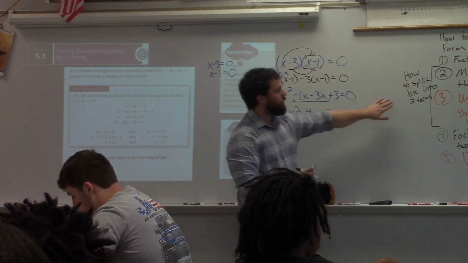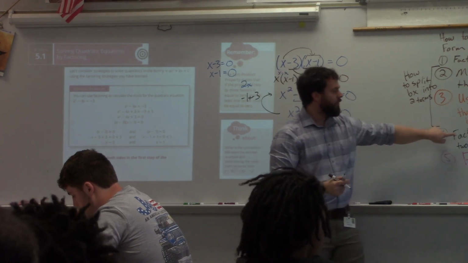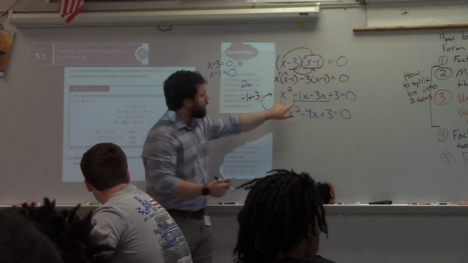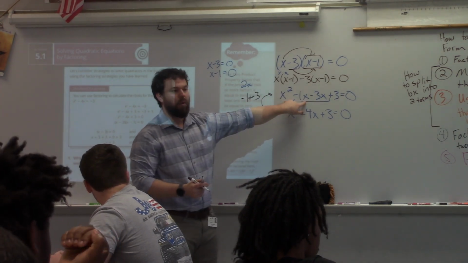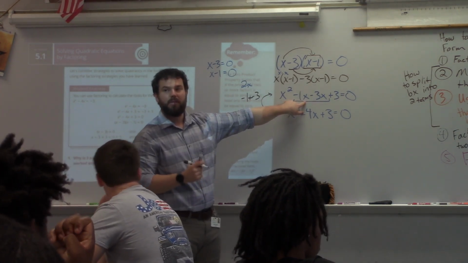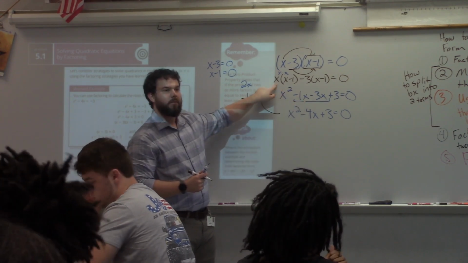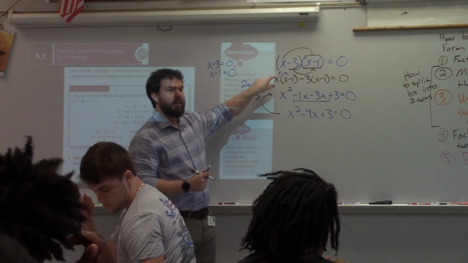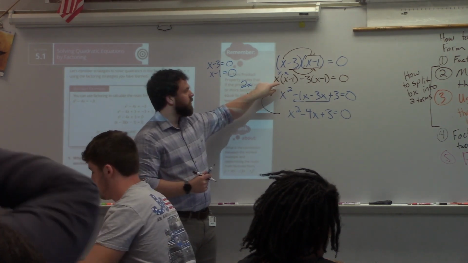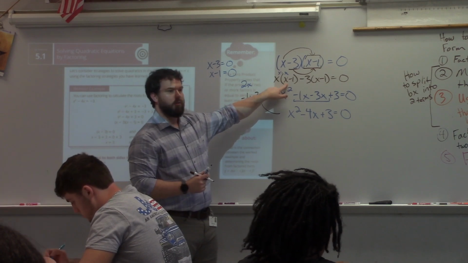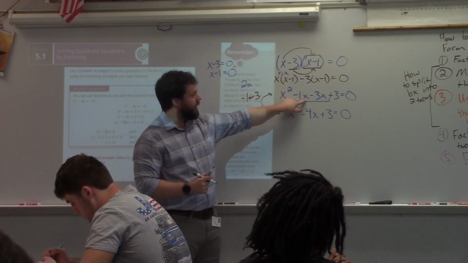Once I have those 2 terms, what do I do? I factor the GCF out, the greatest common factor. When I look right here, what factor, what thing is being multiplied, do both of these terms have? Wait, they both have an x. And if I factor out an x, I divide out an x. If I divide out one of those 2 x's, I'm left with x. If I divide out that x, I'm left with,